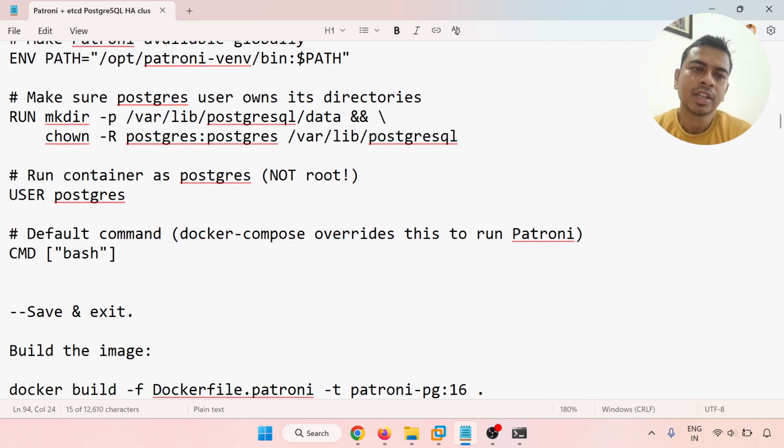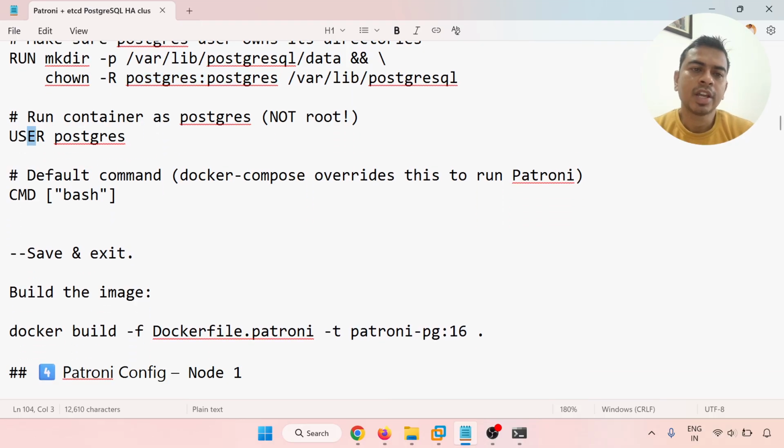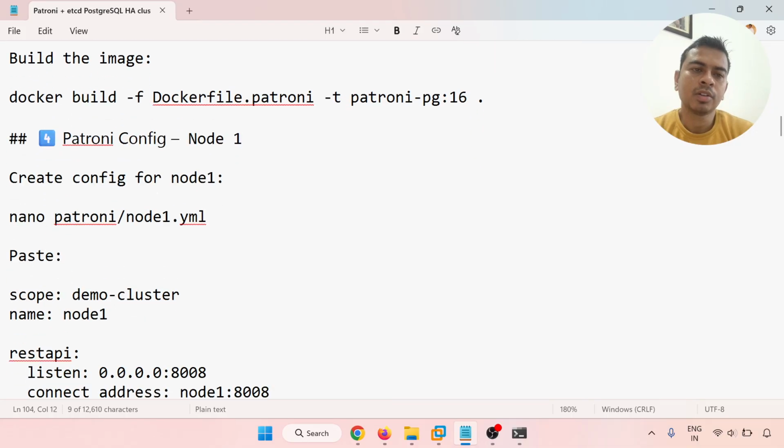So this is the path and make directory. We are creating the directory inside /lab/PostgreSQL/data, and we are giving ownership to Postgres. So here user Postgres, and we are running all the things. So build is started. After building, we'll create the